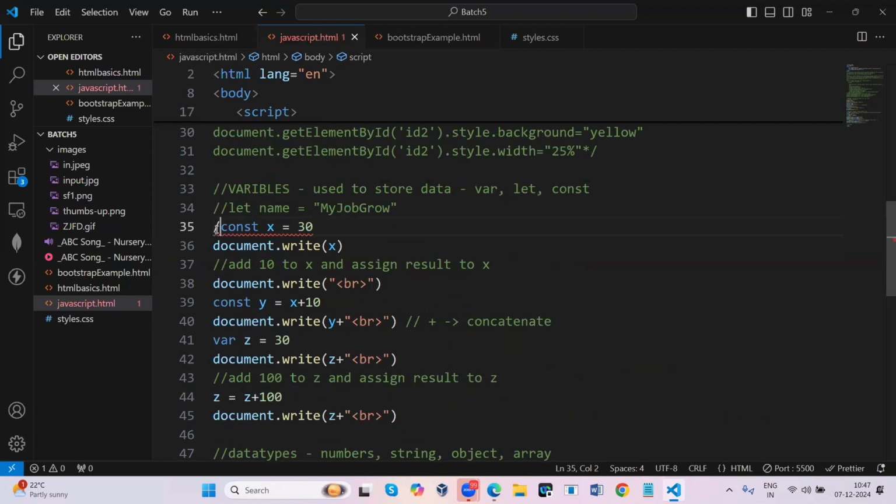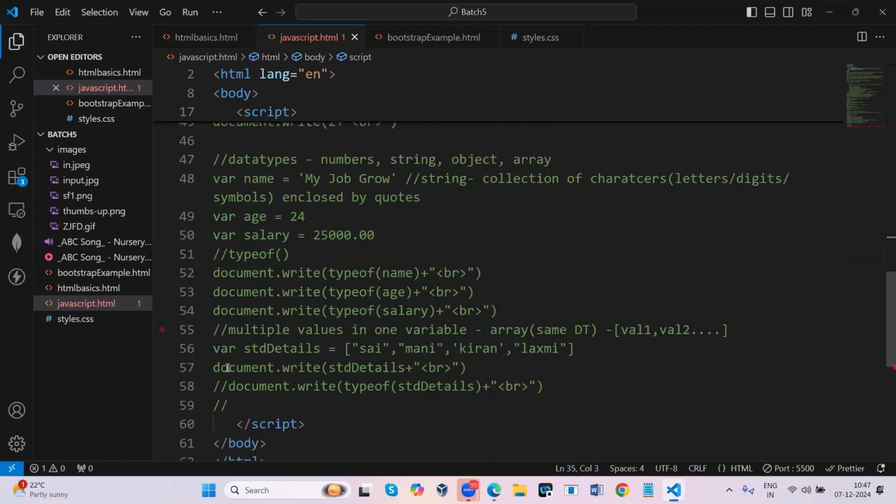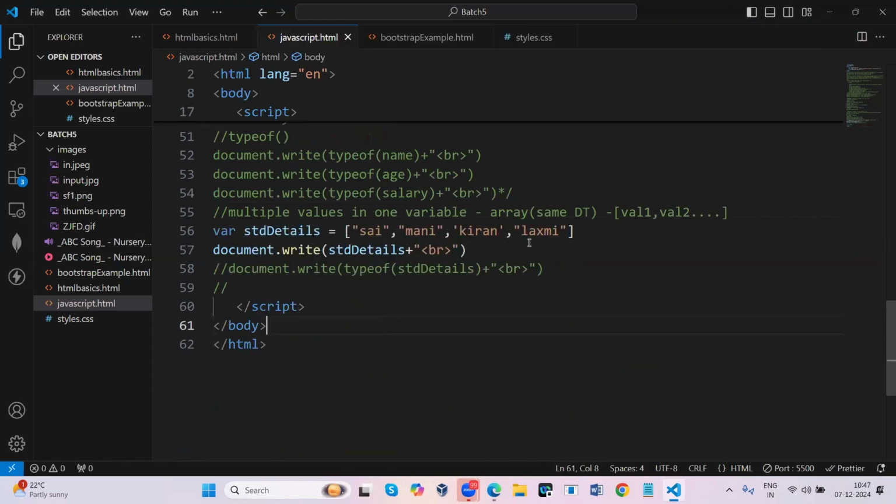Okay, so I'll just comment all these things. Let us focus now only on the specific array data type. We'll focus on only the array data type. Now, what I'm doing here is I just want to access